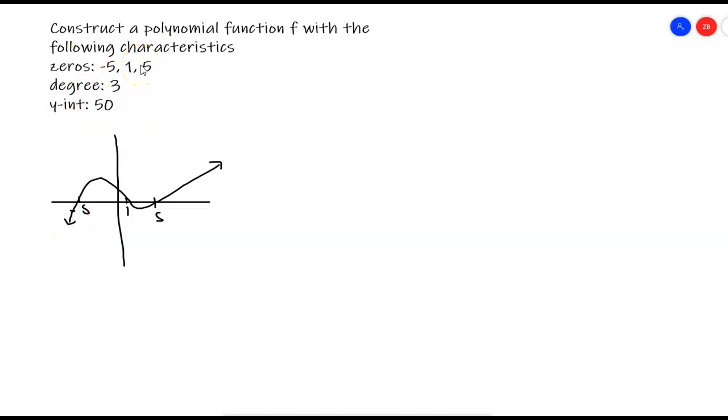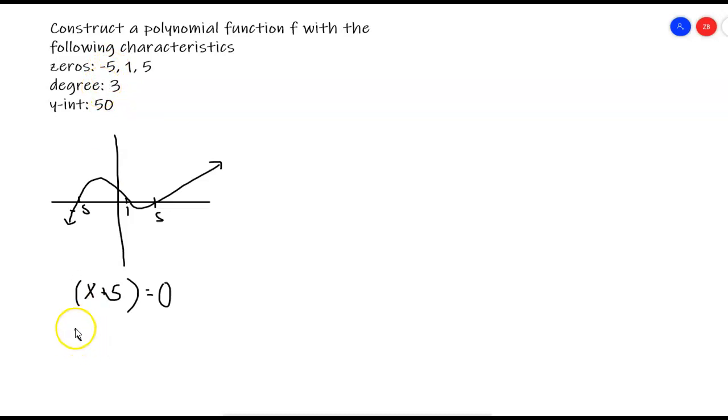There's an infinite number of ways that we can draw this, and there's an infinite number of functions that fit this criteria. So the first thing I want to do is turn these zeros into factors. The -5 there, we can write as x plus 5, right? Because if we say x plus 5 is equal to 0, and we subtract 5 from both sides,